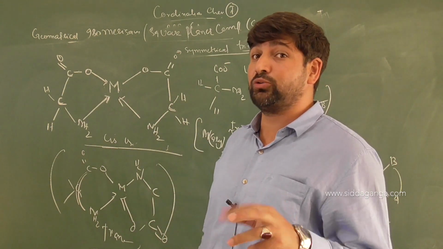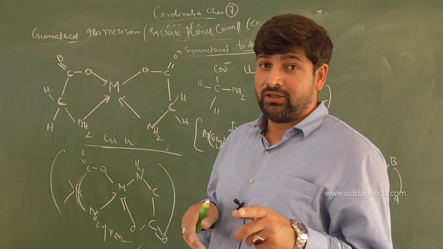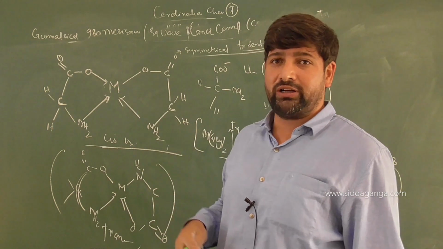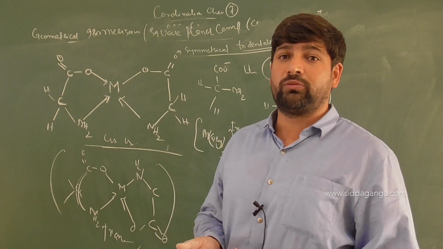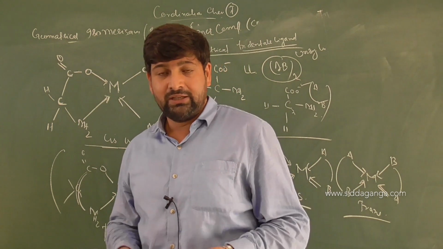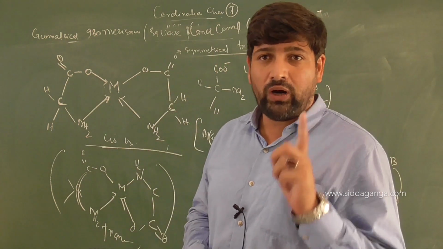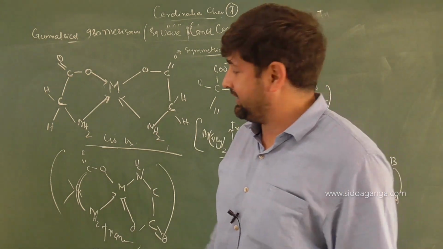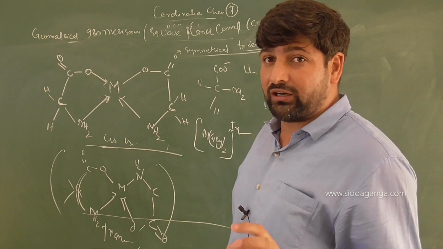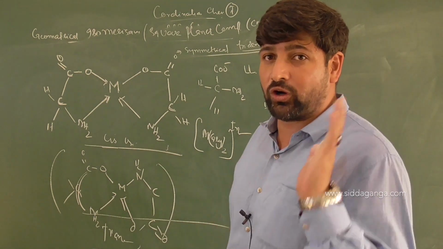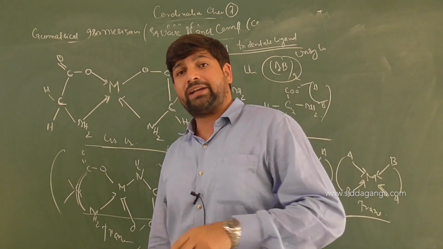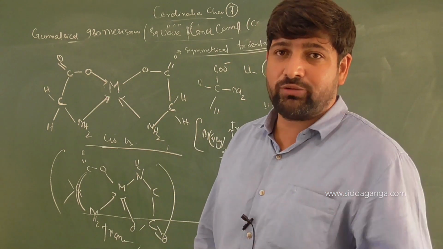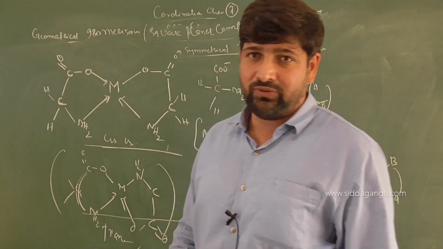But MAB2 type, AB2 means what? Bidentate ligand. There are two bidentate ligands. It's very simple. Earlier we had 4 monodentate ligands. Now we are replacing those 4 monodentate ligands by 2 bidentate, because 2 monodentate ligands equal 1 bidentate ligand in the number of electrons donated. Did you understand? So I have talked about coordination numbers 2, 3 and 4 only with respect to stereoisomerism. The next coordination number will have a more symmetrical arrangement, that's coordination number 6, and how geometrical isomerism comes into play, we'll discuss in our next class.